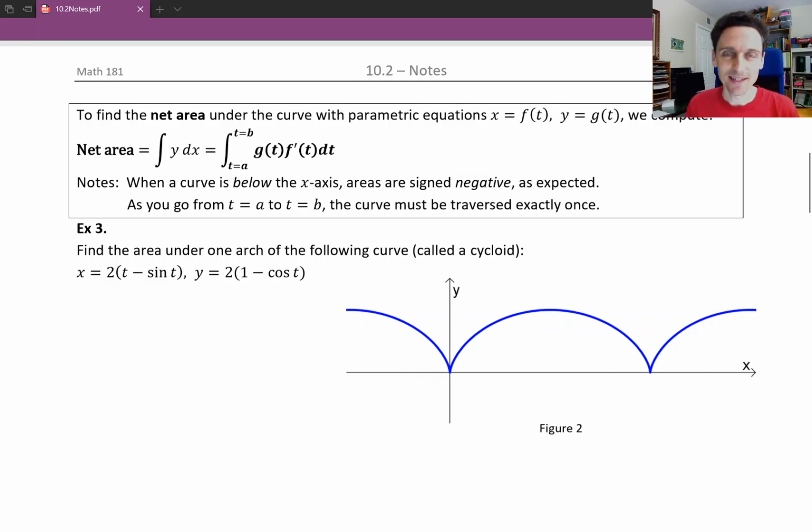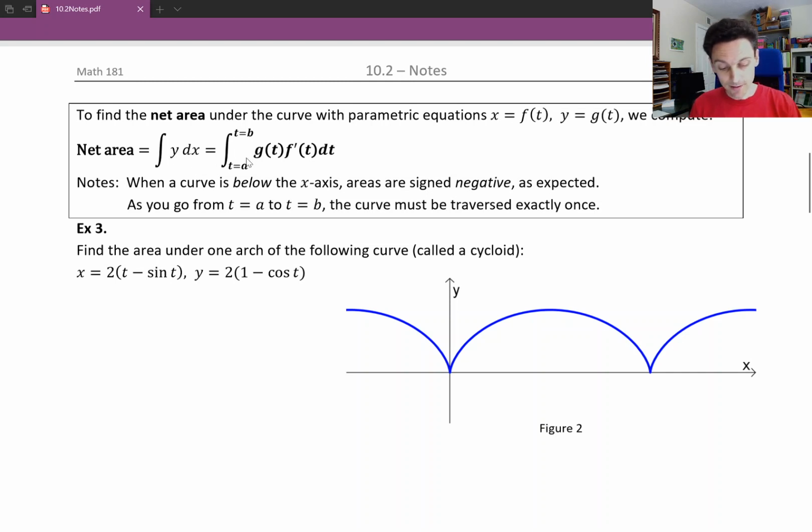Hello and welcome back. In this video we're going to look at computing the area under a parametric curve. So to find the net area under the curve with parametric equations x equals f of t and y equals g of t, we can go back to how we found net area before. We took the integral of y dx, of our function of y as a function of x, times dx. But now that we have a set of parametric equations to represent x and y, we can replace